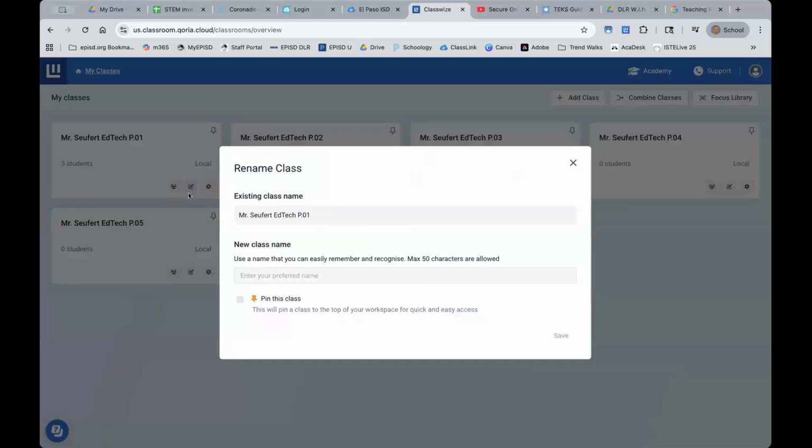So if you click on that second little symbol, it's like the square with the pencil sticking out of it, you can come in and actually change the name of that whole class and name it whatever makes sense to you. And so I encourage you to do that. Depending on what you teach, what level you're teaching, you have the option to change the name of that course or that class so that it makes sense to you and it's easier for you to use